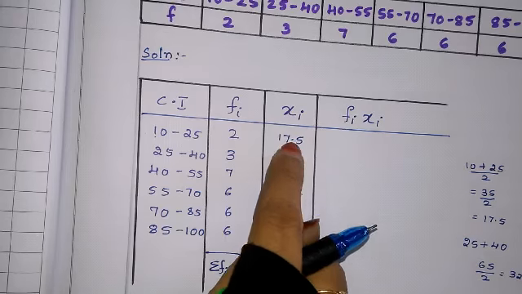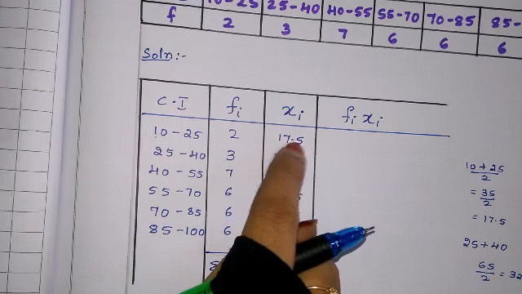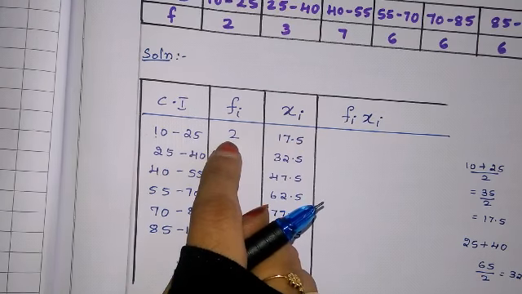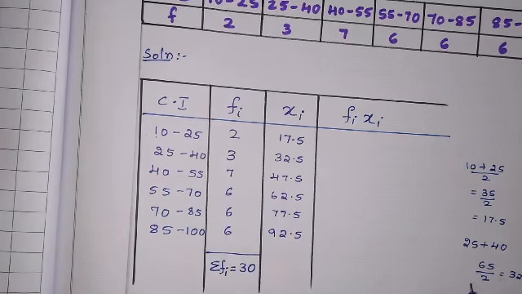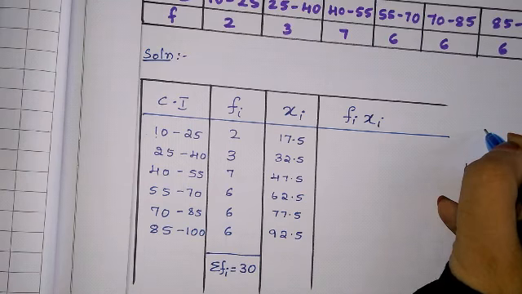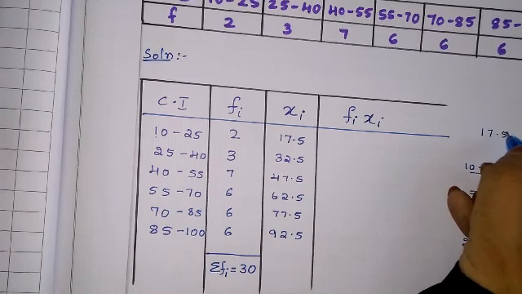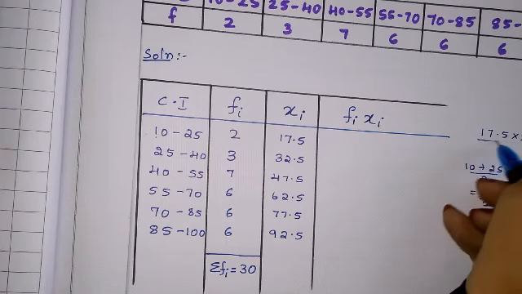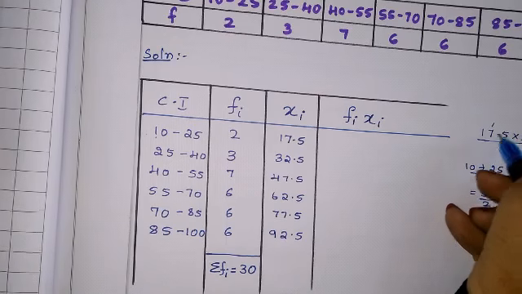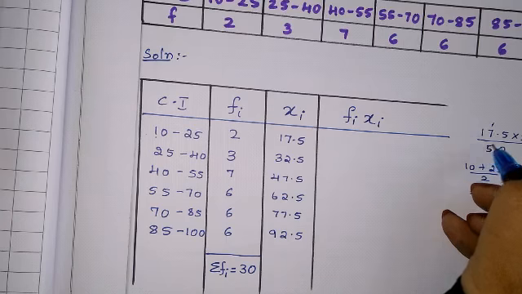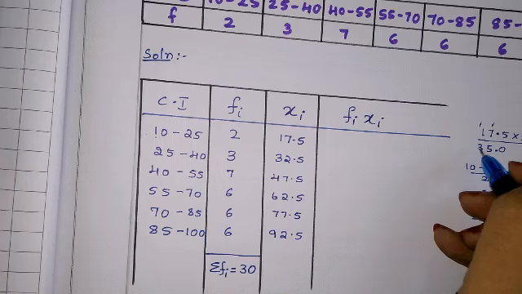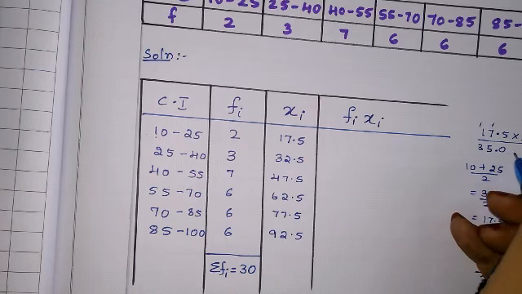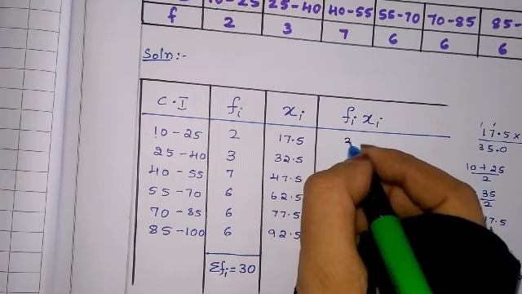Now the next step is this multiplied by this. 17.5 into 2, you have to multiply. I'll just show you one in rough column. 17.5 into 2. 2 5s are 10. 2 7s are 14 plus 1, 15. 2 1s are 2, 3. Here there is a point after one number. So we got 35.0, but 0 after the decimal has no value. So the answer is 35.